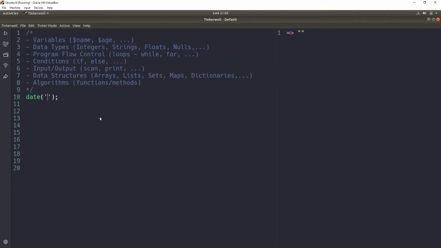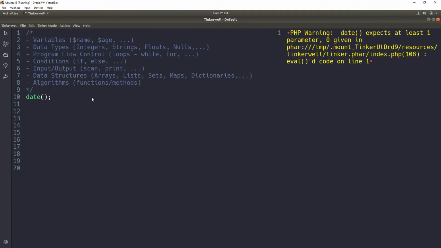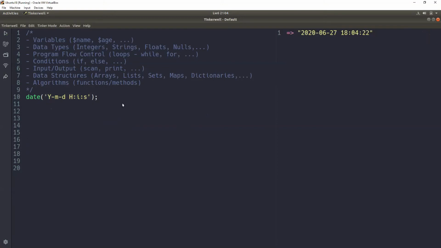So we give it like y, and it prints for us the year. Month, date, the time, hours, minutes and seconds. So I think you can see how, if you mess anything up, it will always tell you that this is not how you call this function. Like you need to give a parameter. Things like that.